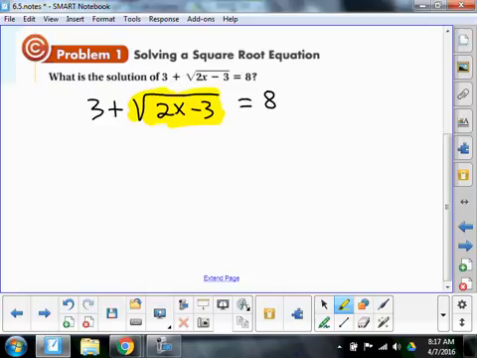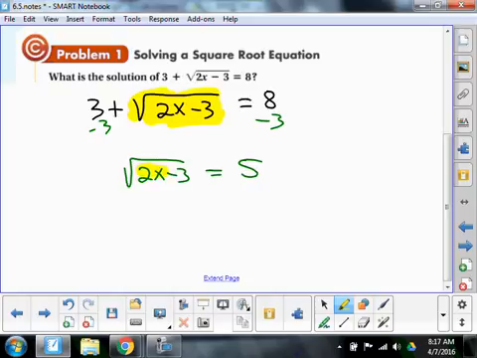Subtract 3. Sure, let's take away 3 from both sides. So we subtract 3 here, subtract 3 here. That's going to leave us with the square root of 2x minus 3, and that's equal to 5. Muy bien. Now we want to know what x equals. We don't want to know what 2x minus 3 equals. But before we can get 2x minus 3 by itself,